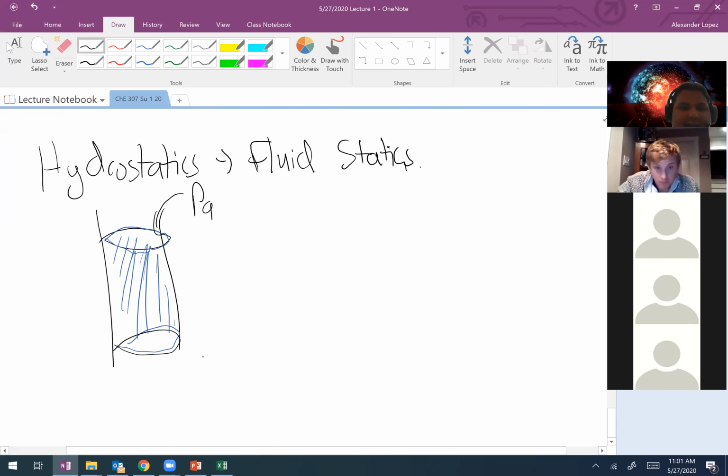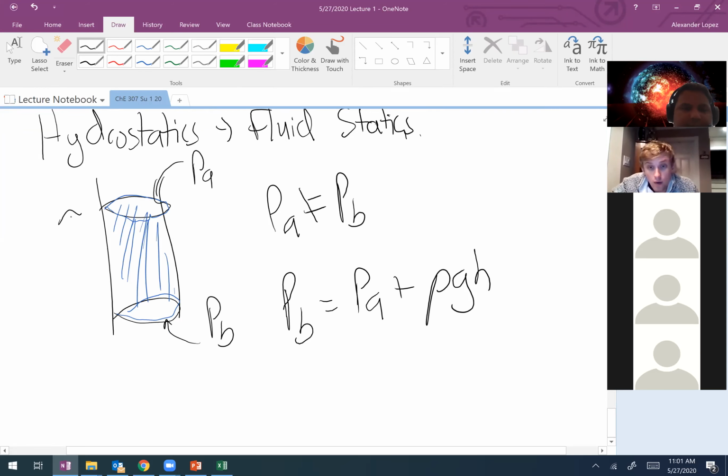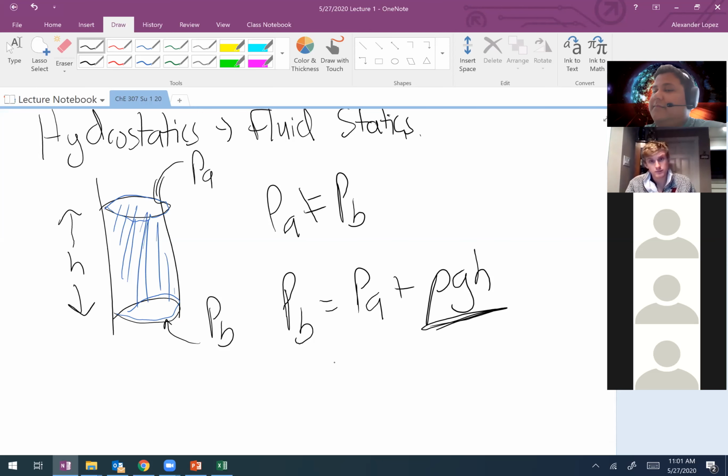The pressure at the top and the pressure at the bottom are not going to be equal, but I can determine the pressure at the bottom as a function of the pressure at the top by applying a fluid statics expression where that pressure varies as a function of density, gravity, and relative height, which just means the weight of the fluid causes an increase of pressure, right? Because it's just sitting on top of itself, which is why we see an increase of pressure as we move down